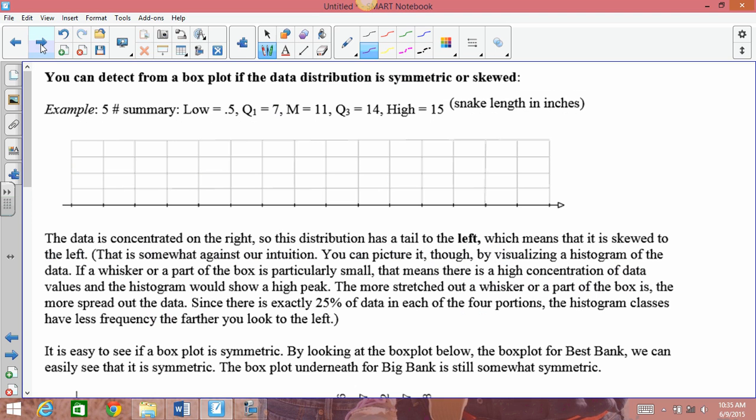So if we flip it over to the next page, this is just this 5-number summary for snake length in inches. And so you can see the lowest data point, 0.5, on up to the highest data point would be 15 inches. So I'm going to take a moment and plot this out. So 0, 1, 2,